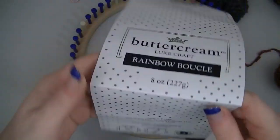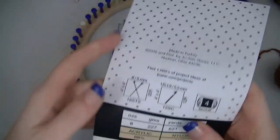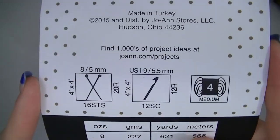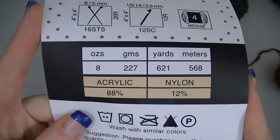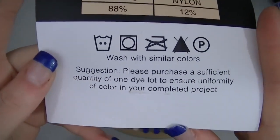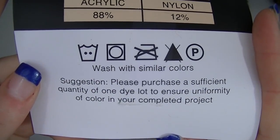Colors brown mustard, buttercream, Luxe Craft. It is a number 4 worsted weight yarn. It's just an acrylic nylon blend. And here is,